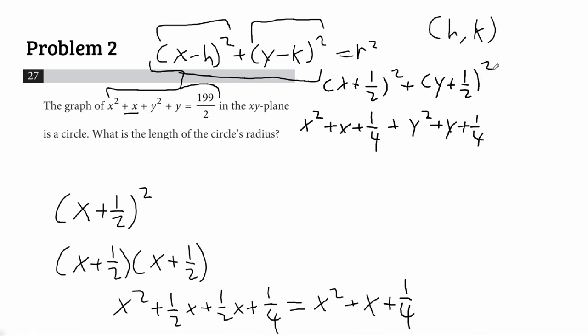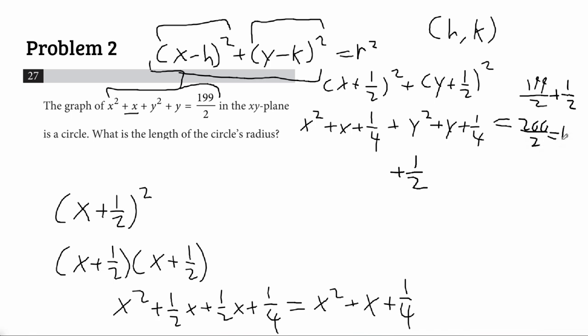Now this is equal to, right now, 199 over 2. Currently we have 199 over 2 in that r squared spot. But we kind of just pulled 1/4 and 1/4 out of nowhere, right? And 1/4 plus 1/4 is equal to 1/2. So if we added 1/2 to the left side, which we did here, because of those two 1/4s, we have to add 1/2 to the right side. So 199 over 2 plus 1 over 2, it's just going to be 200 over 2